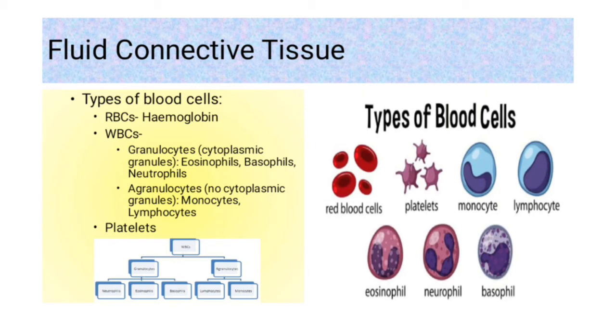Next is platelets. Platelets lack hemoglobin and are non-nucleated. They are disc-like bodies and contain an enzyme that helps in the clotting of blood. If all the corpuscles of blood are removed, the remaining fluid, which is about 55% of the blood volume, is called the plasma. Plasma is a complex fluid and several proteins are dissolved in it. If the protein fibrinogen is removed from the plasma, the remaining fluid is called serum.